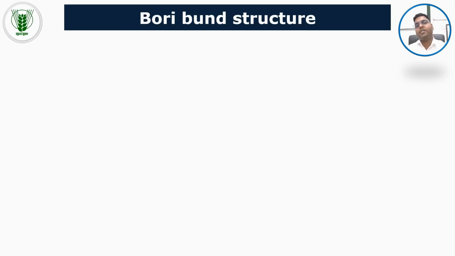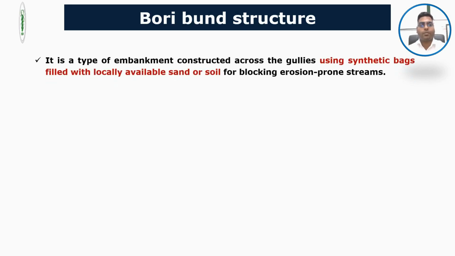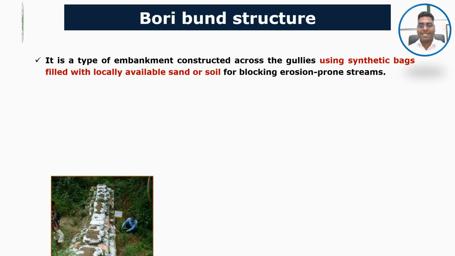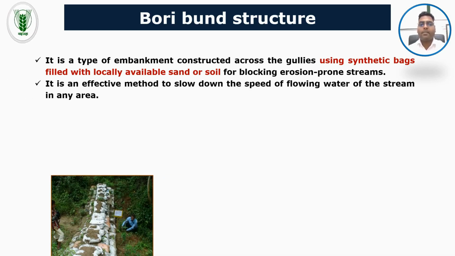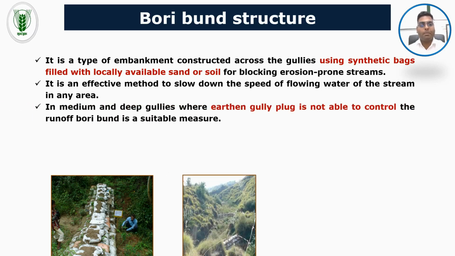The next one is bory bund structure. It is a type of embankment constructed across the gullies using synthetic bags filled with locally available sand or soil for blocking the erosion prone streams. It is an effective method to slow down the speed of flowing water of the stream in an area. In medium and deep gullies where earthen gully plug is not able to control the runoff, bory bund is suitable